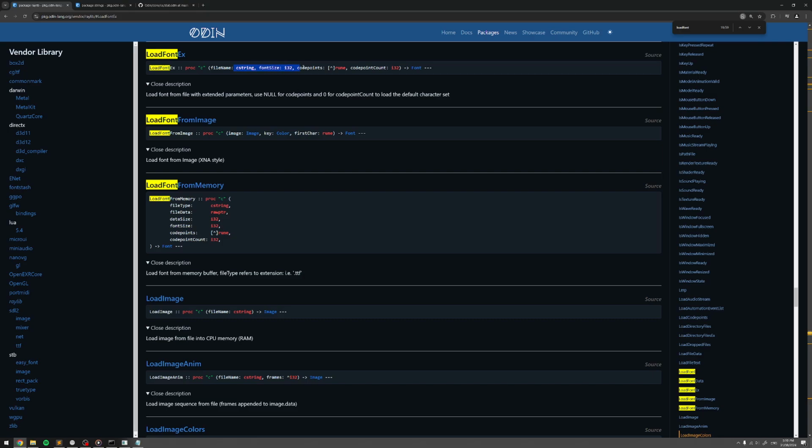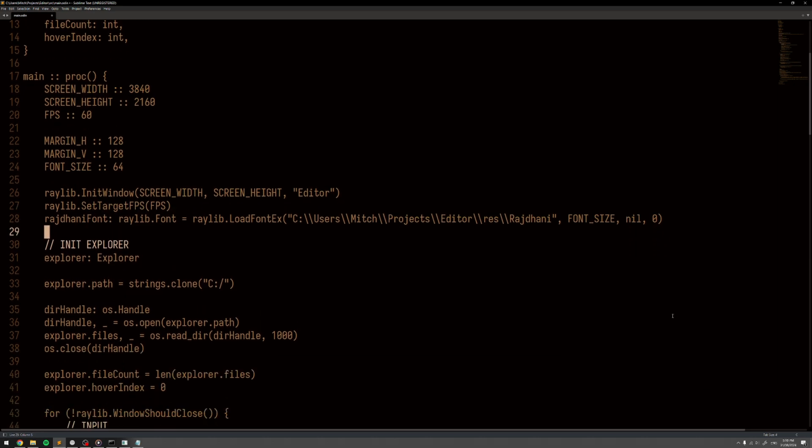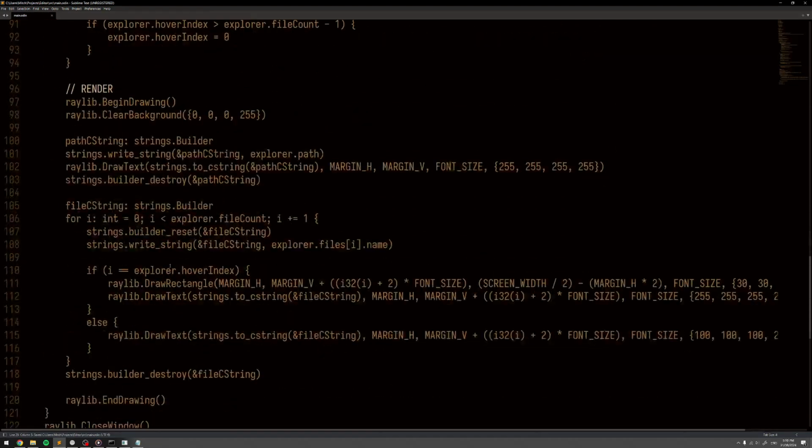File name, font size, code points, code point count. You can use null for code points and 0 for code point count. Odin doesn't have null, but we're going to use nil. Right. That should load our font into Rajani font, and now when we render,